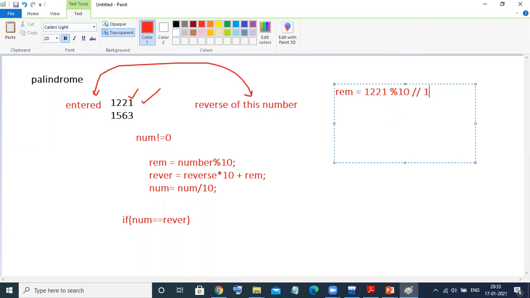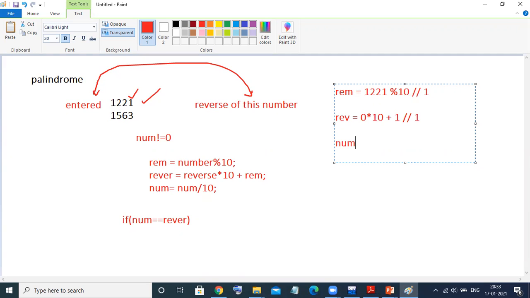So the last digit is 1. Then reverse equals, directly putting the formula, 0 because reverse was initialized with 0, into 10 plus that remainder. The remainder is 1 here. So what is the output? 0 into 10 is 0 plus 1. So 1 will be stored in reverse.